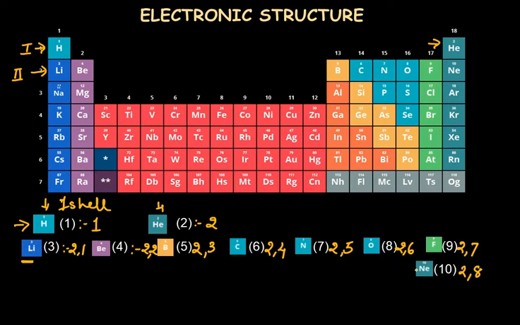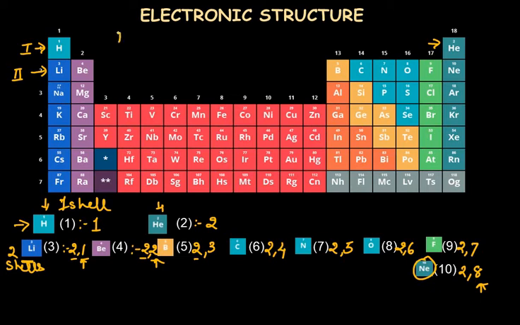All these 8 elements from lithium to neon have 2 shells. We can observe that the first shell is fully filled with 2 electrons and the second shell has an increasing number of electrons from 1 to 8 in neon. But all the elements have 2 shells in their structure. Now what does this mean?